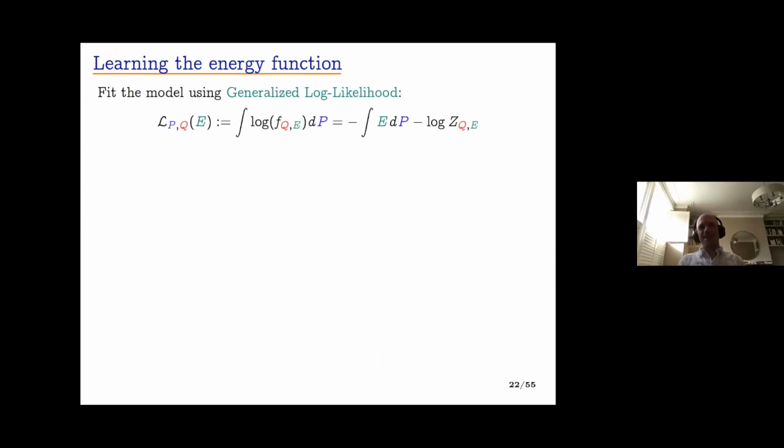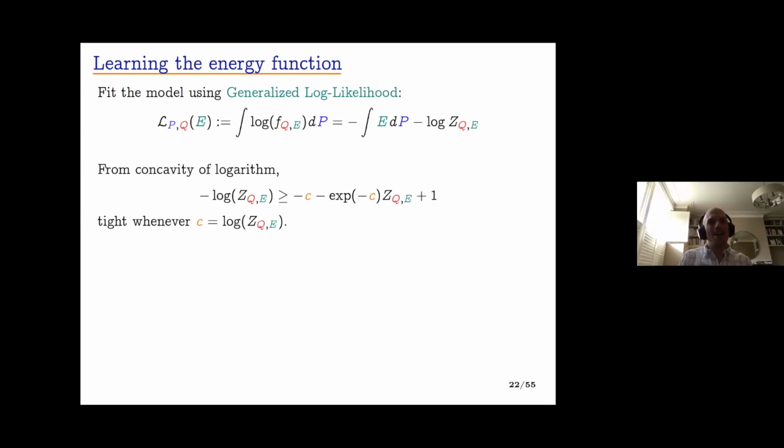All right, so let's go through our tasks. So our first task is to learn the energy function. And I'm going to learn the energy function by fitting this generalized notion of likelihood here, okay? And I'm going to fit this FQE, which when I take the log is going to give me the negative of E integrated over P, my real samples, minus the log partition function with respect to Q, which is my generator support. Now, this is a little bit awkward to fit because of this log partition function. This is always a very antisocial quantity. So we're going to need to do something about that.